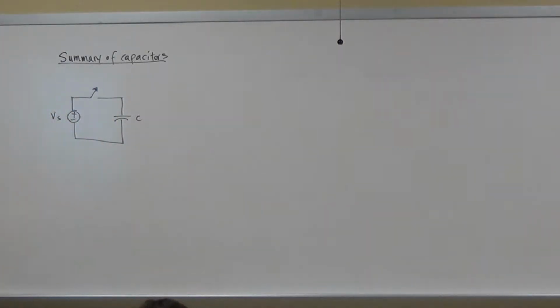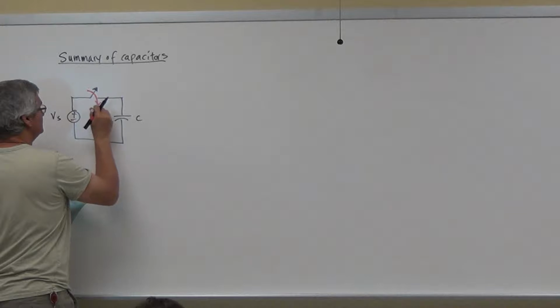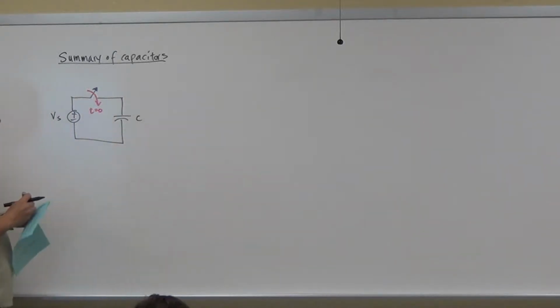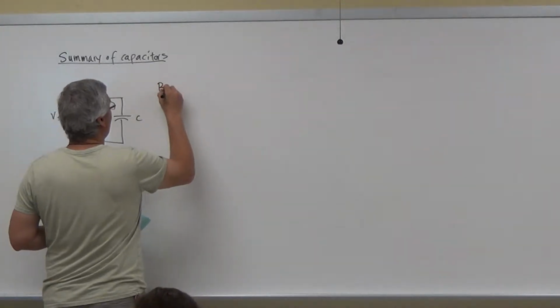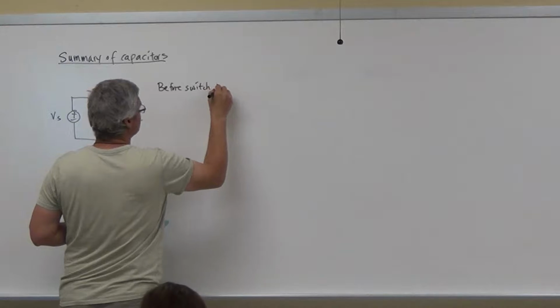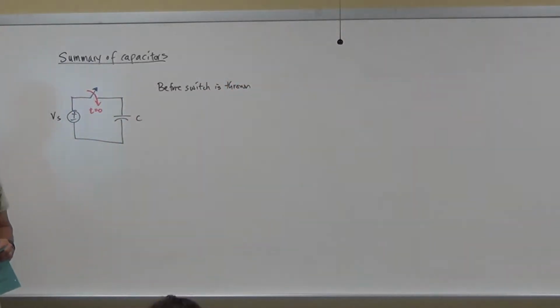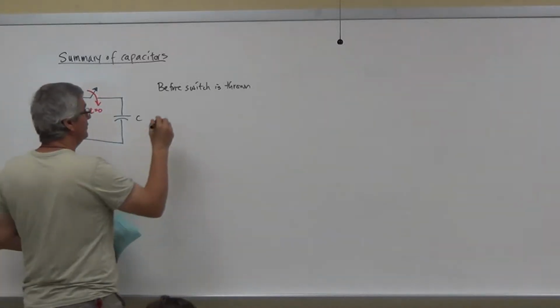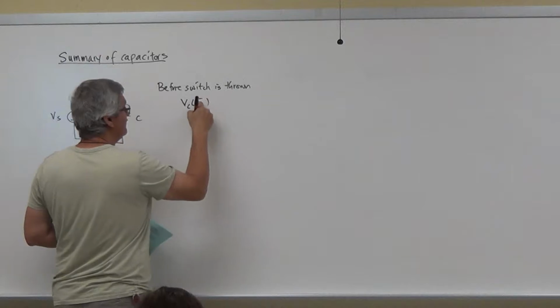And one of the things that we said is that when we throw this switch at t equals 0, what we find is that initially, before the switch is thrown, and in this case it's thrown closed, we're going to say that the voltage of the capacitor, look at my minus sign,